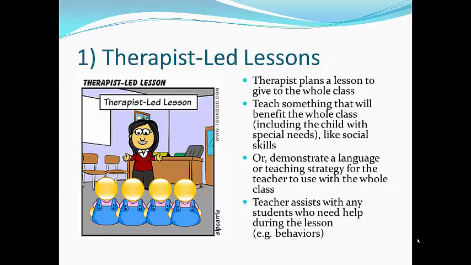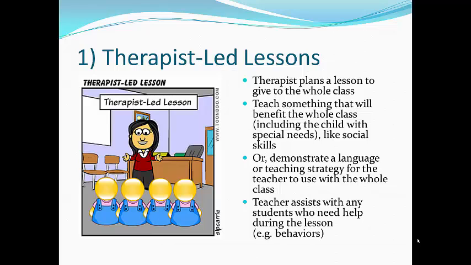So a good example of this would be social skills. The therapist teaches a lesson about social skills, and then everybody is able to benefit from that lesson along with the student who is struggling with that skill. Another idea for therapist-led lessons would be to demonstrate a language or teaching strategy for the teacher to use with the whole class later. So if there's a strategy that you know works particularly well for the kiddo who is on an IEP, you can do a lesson that demonstrates how to use that strategy so that the teacher can